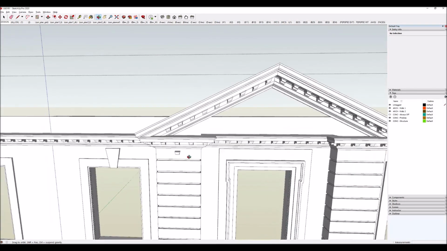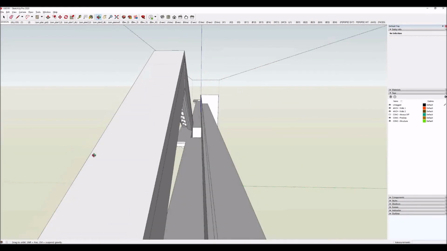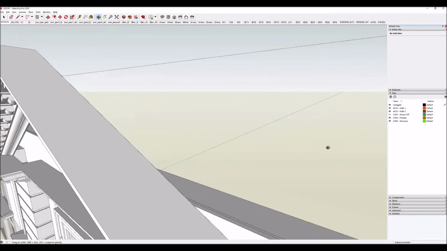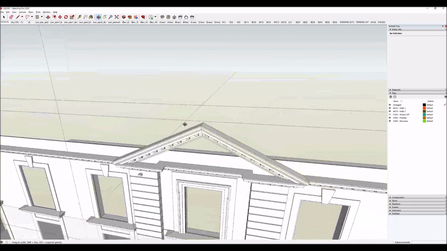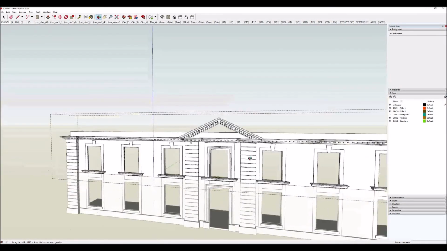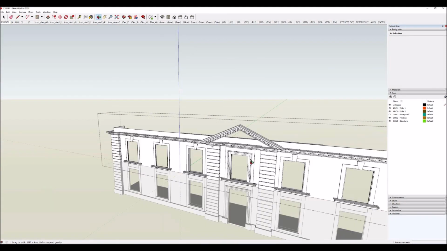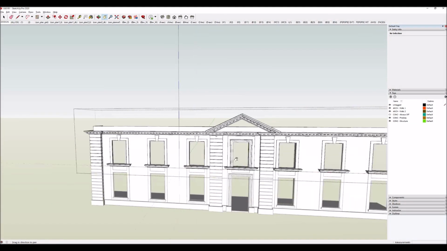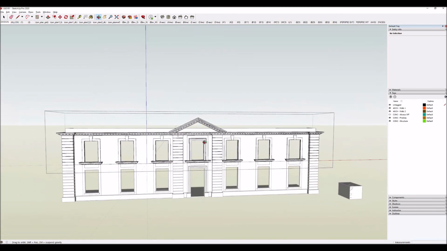That means that the face, coming back here, you can see that there's a gap here behind it. So I'm going to need to fill that in and do some other cleanup work, and then when I move onto the roof, eventually I'll do the last bit of getting it all worked out. So that's the cornice and the pediment and the window frames, and using components and mirroring components where you have symmetrical